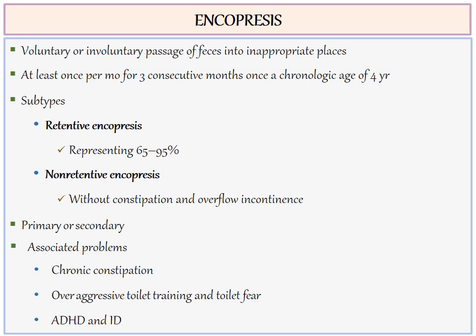Encopresis: voluntary or involuntary passage of feces into inappropriate places at least once per month for 3 consecutive months, once a chronologic age of 4 years. Subtypes include retentive encopresis with constipation and overflow incontinence, representing 65 to 95%, and non-retentive encopresis without constipation and overflow incontinence. Primary or secondary associated problems are chronic constipation, parental overconcern, overaggressive toilet training, toilet fear, attention deficit